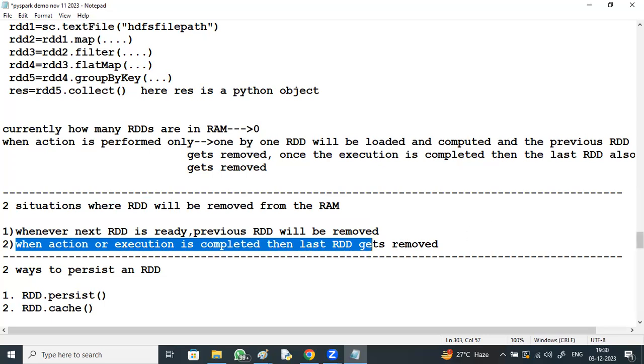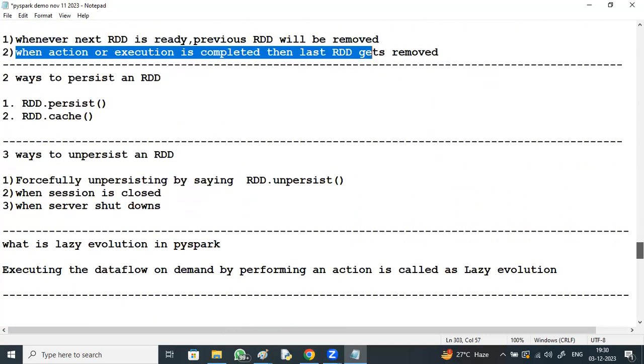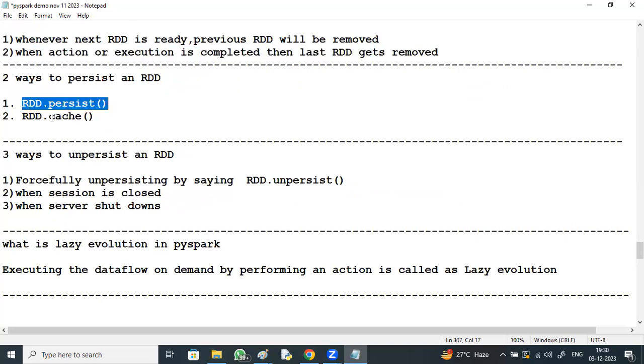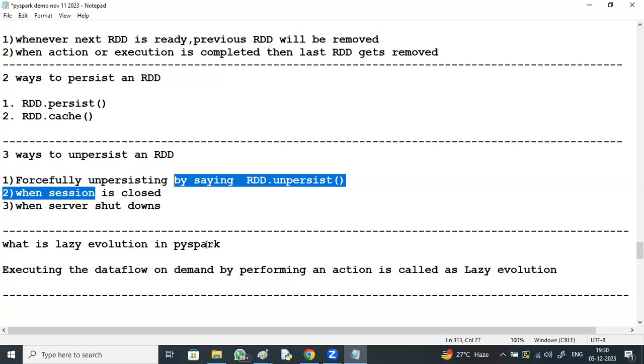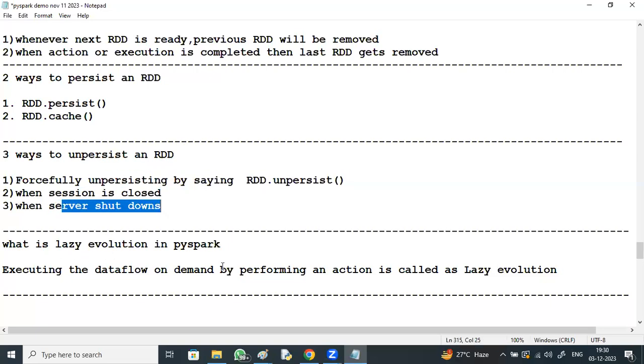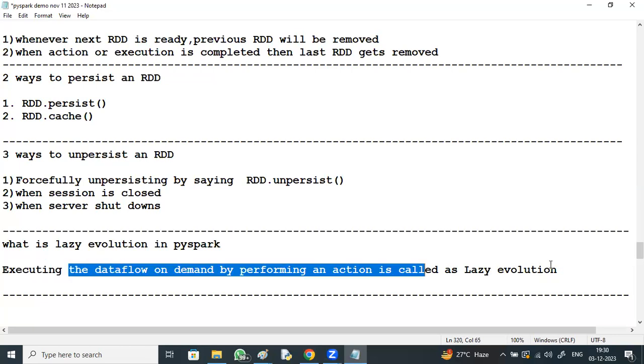And there are two ways to persist an RDD: RDD.persist and RDD.cache. Persist means forcefully persisting, and it lasts until the session is closed or the server shuts down. What is lazy evaluation in PySpark? It means executing the data flow on demand by performing an action. Okay, fine.